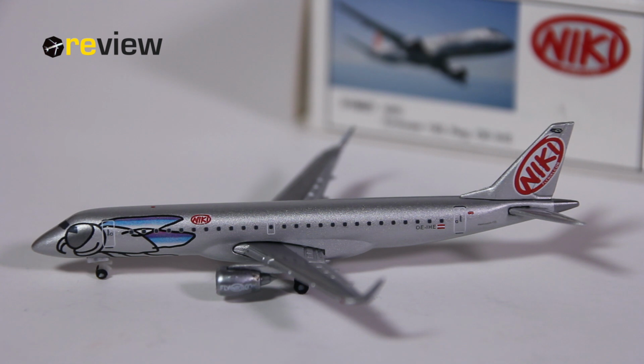And here she is, the Embraer ERJ-190 of NIKI in the second livery of the airline. Now with the name you might already have guessed who was behind this airline, and that was of course Formula 1 legend Niki Lauda. However, this airline has no connection to another airline of Niki Lauda, which was known as Lauda Air. That airline was bought by Austrian Airlines and has no direct linkage to NIKI. But more about the history a bit later in the video, because first we will take a closer look at